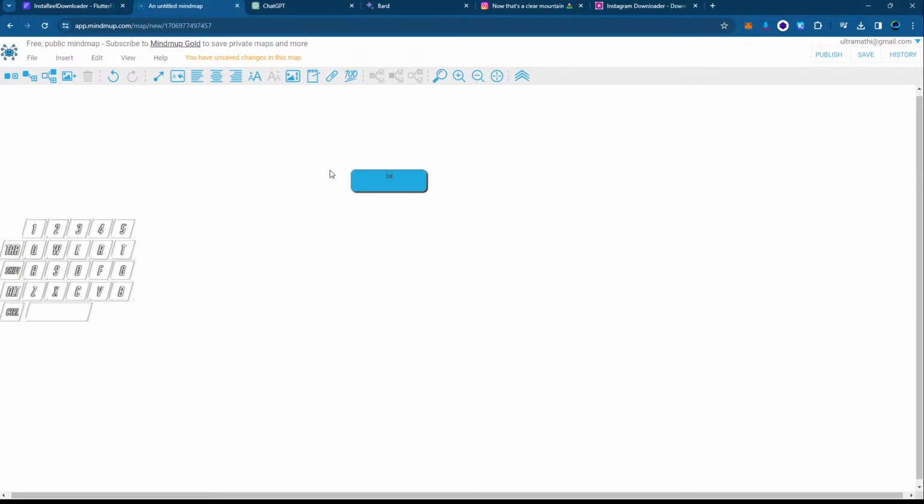So this is an Insta Reel downloader. Okay, so Insta Reel downloader. Whenever the app gets opened, we will add a child node. Let's add a child node. Insta Reel downloader. Yes, it is. We will add a child node, splash